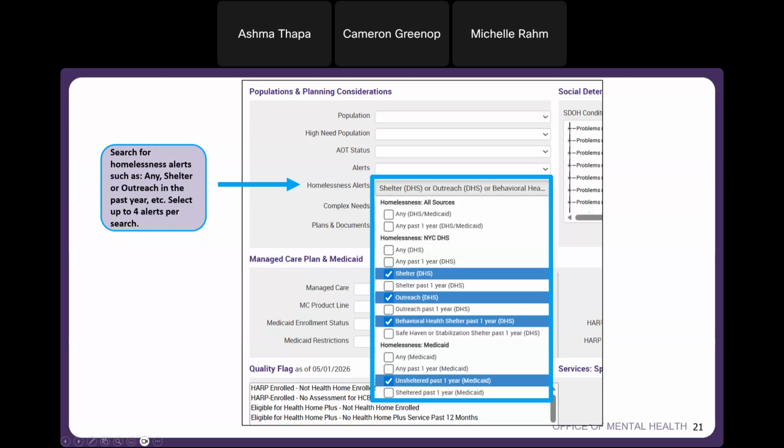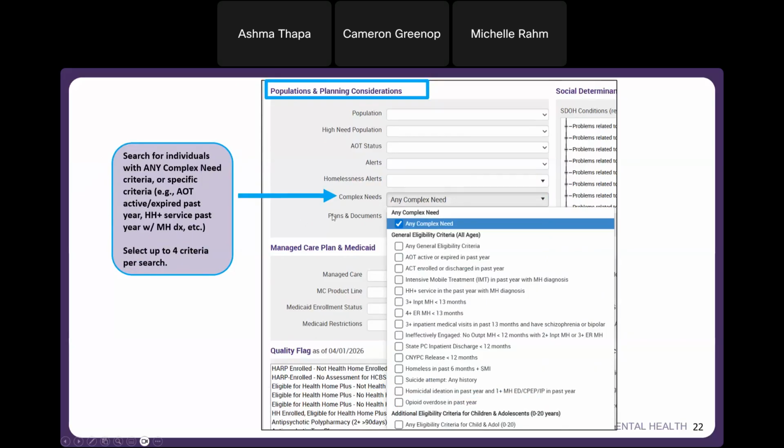If you search using the DHS information, this will include the shelter name, the program type, placement date, and exit reason. It will also include shelter director contact information. All of that is going to be included in the client's clinical summary, so you'll be able to view all of that important information when you drill into the client's clinical summary. And again, you can select 4 alerts per search.